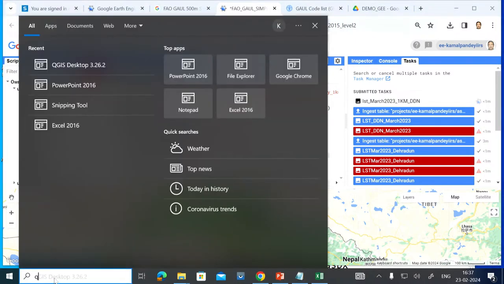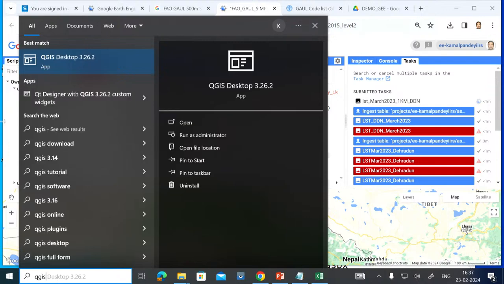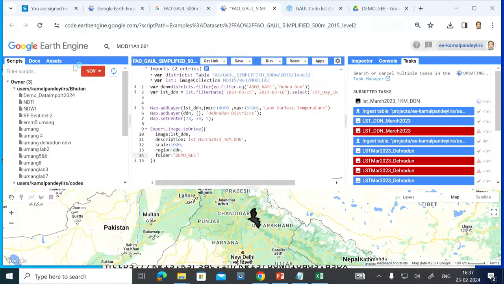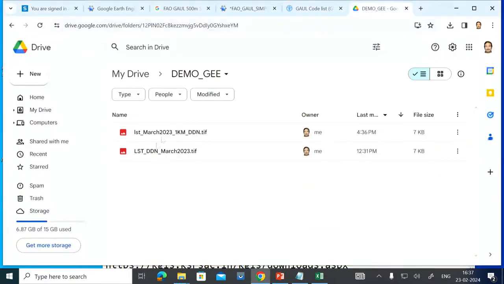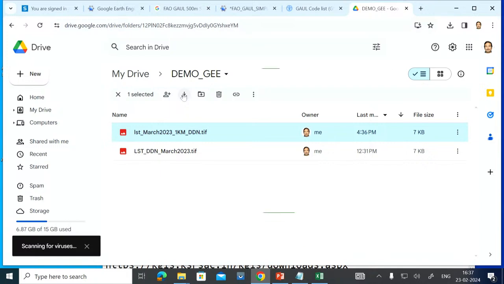By the time, let us try to open our QGIS software. If I open this QGIS, so in that, yeah, still it is doing. Now next, yeah, it is now done. Data is downloaded here. This particular data set, select it and then download it.